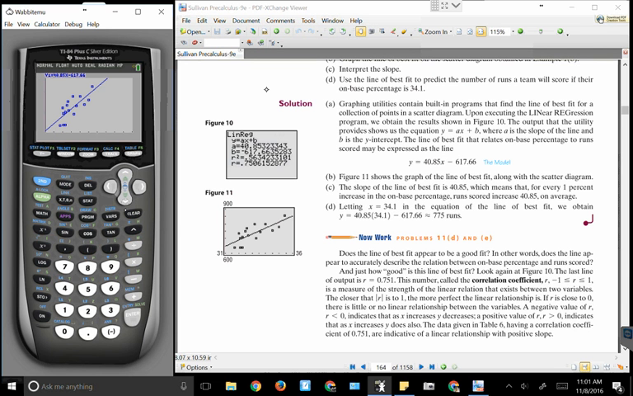Trace. I put in 39. So if we were at a 39% average, it would tell me that we would score probably 975 runs. Does that seem reasonable? Possible. But this is what we can use this type of information for. That's how we go through. So I'm going to let you guys get to the